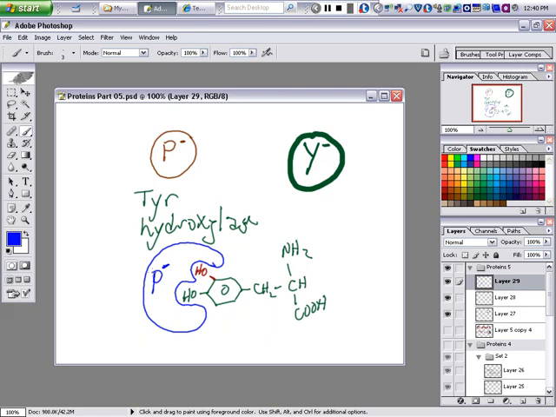And what we'll do, let's attach tyrosine to these beads. And so this is going to be our big bead here. This is a bead here, and we'll attach tyrosine to this bead, or some sort of derivative of tyrosine. Some sort of derivative that the tyrosine hydroxylase will bind to. In this protein, let's say this protein here, the Y-, it doesn't bind to tyrosine. Okay, and so what the scientists will do here,